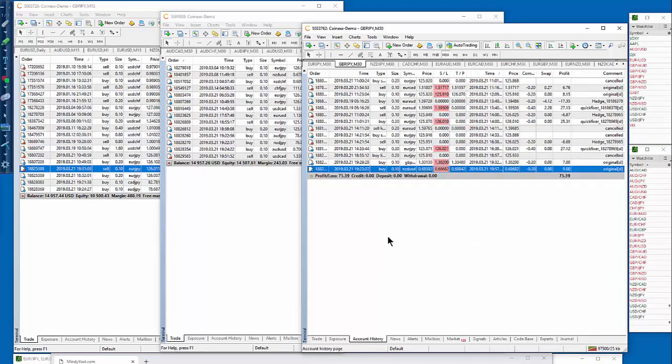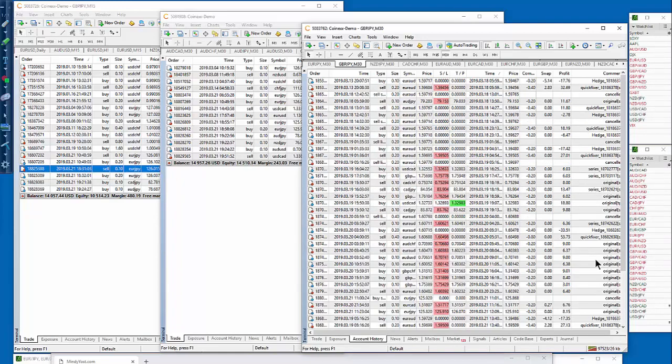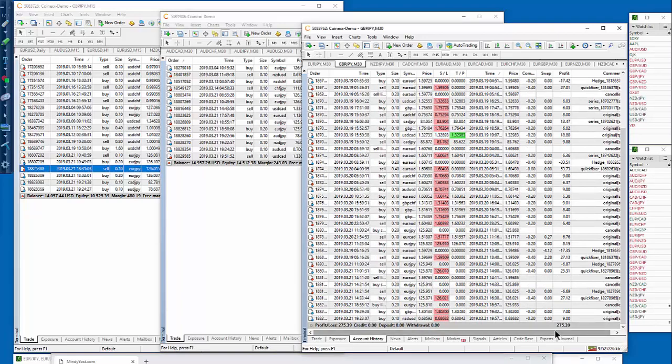And then when we go to the account history so far today, it's booked $75. And if we go to how it's done so far this week, we'll back this up to the 17th. And we see that so far this week it has booked $275. Now, the reason this is so dramatically lower than the booked profit from last week is because at the first of the week this week we didn't have very many trades that were hedged. And we make more money off of these hedges and quick fixers